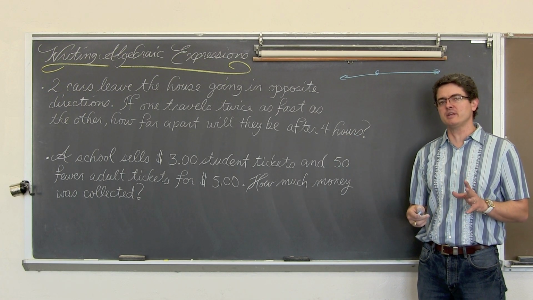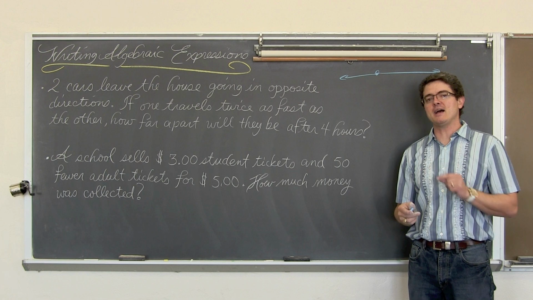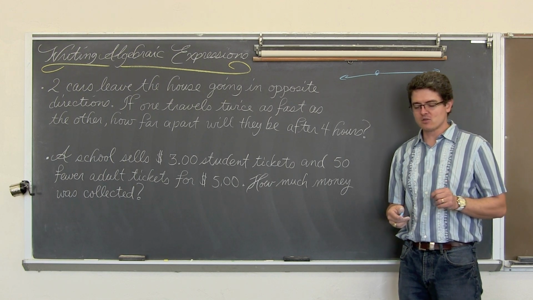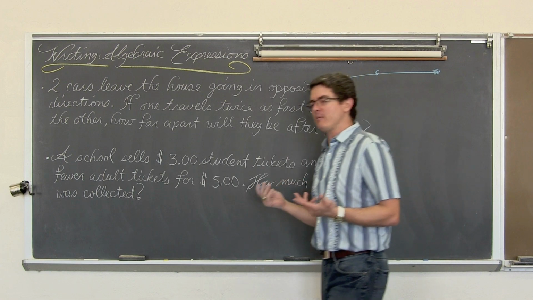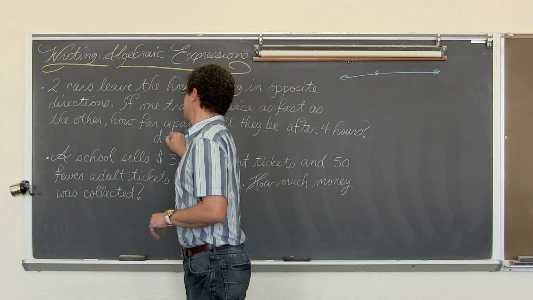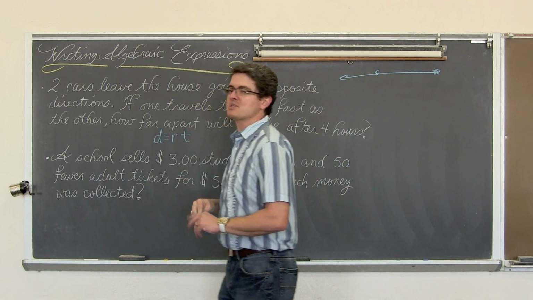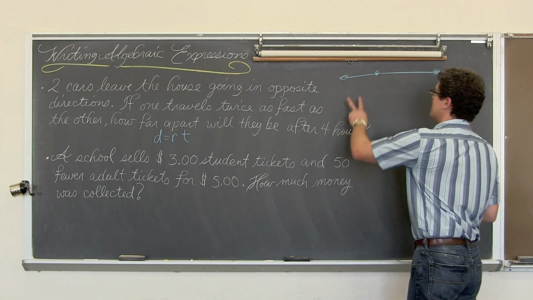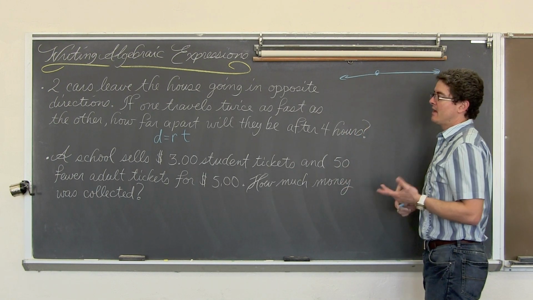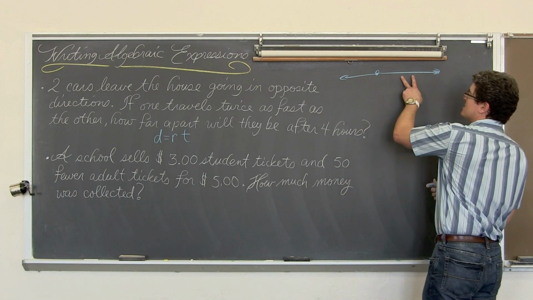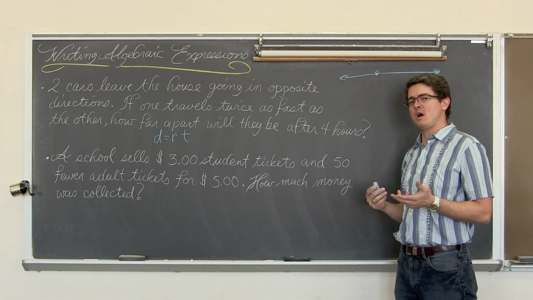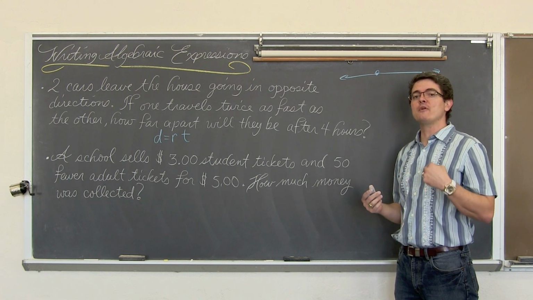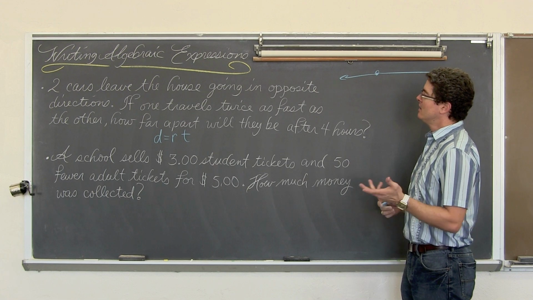It sounds like you should actually know, but it didn't tell you how fast each car was traveling. So we're just going to get an expression. Now, when you talk about problems where there's stuff in motion, that's distance equals rate times time. So there's a certain distance that this car traveled, and there's a certain distance that this car traveled. I'm not going to be able to figure out either one, because I don't know how fast they're going, but,